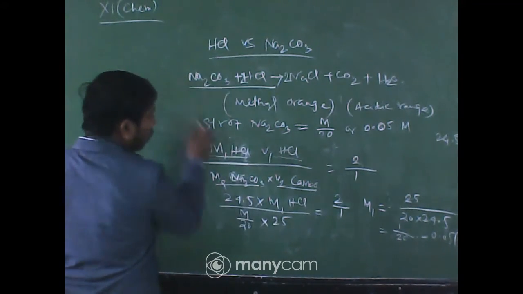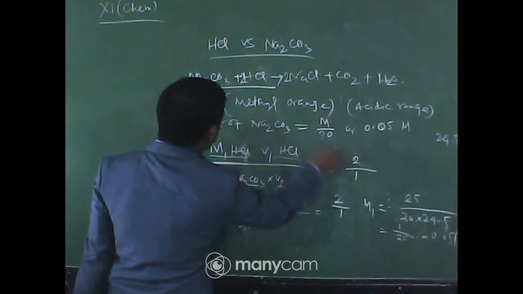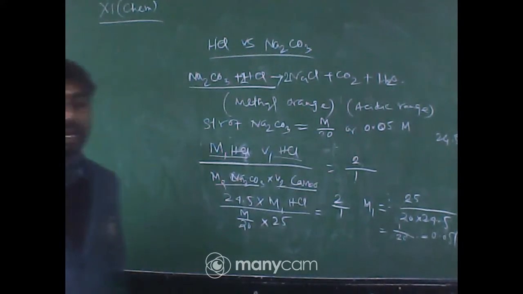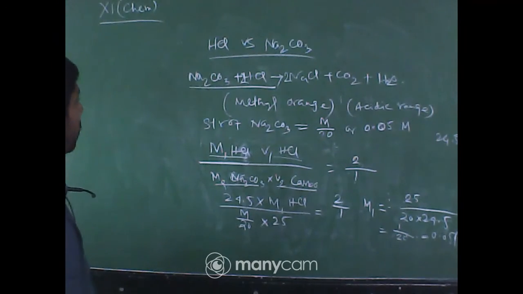For Na2CO3, the numeric coefficient should be there, 1. This is 2. This calculation is required throughout the titration, in each and every titration. Okay. So this is the second titration you have to do, and with respect to that you have to calculate,